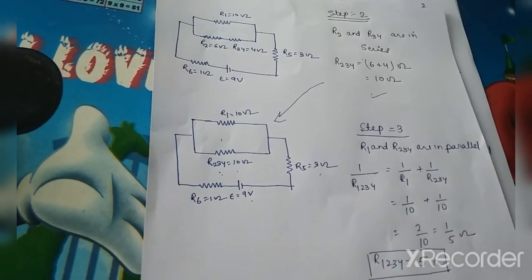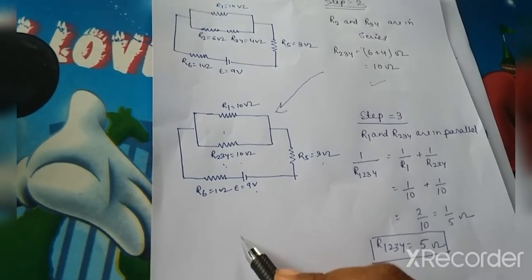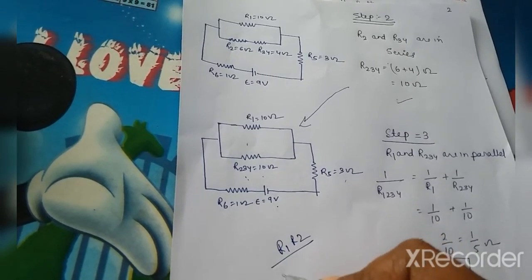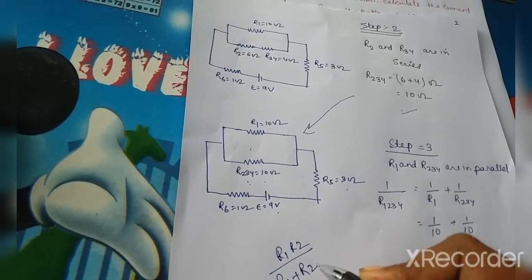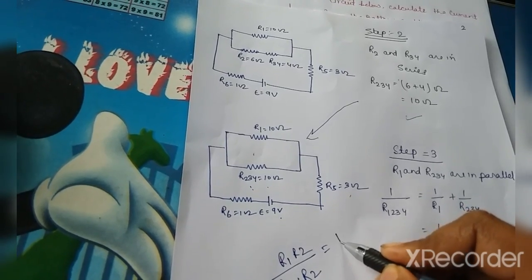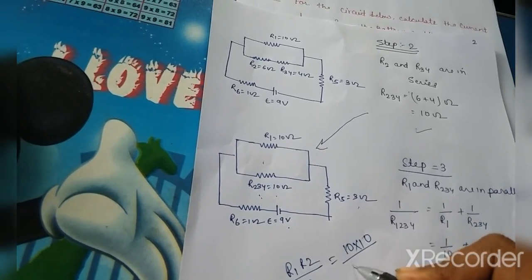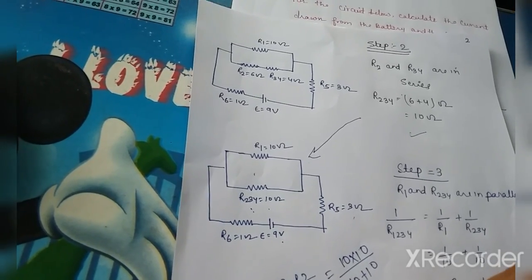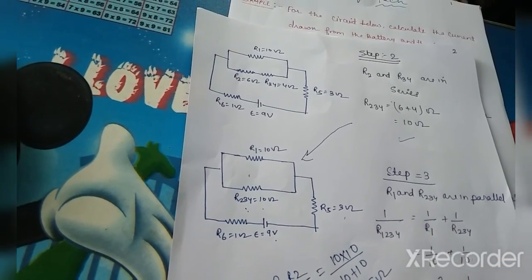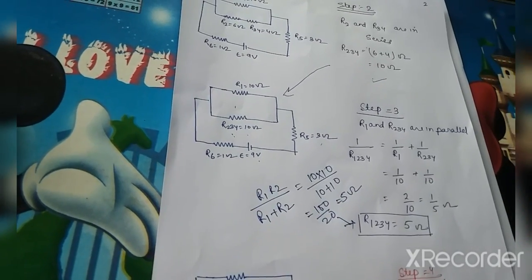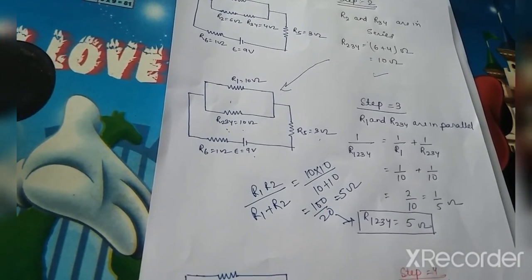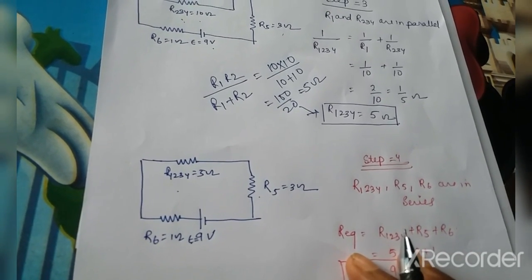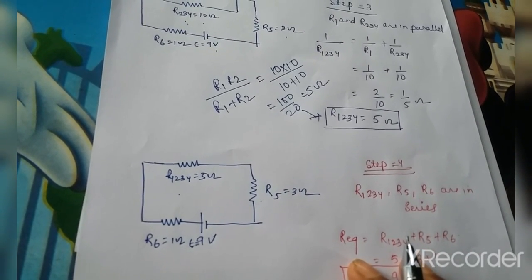We can apply the shortcut rule also, R1 R2 by R1 plus R2, and we will get the same: 10 into 10 upon 10 plus 10 equals 100 by 20, equal to 5 ohm. This was a short way to find it out. And in step 4, the voltage source is connected to three resistances, R1234, R5 and R6,